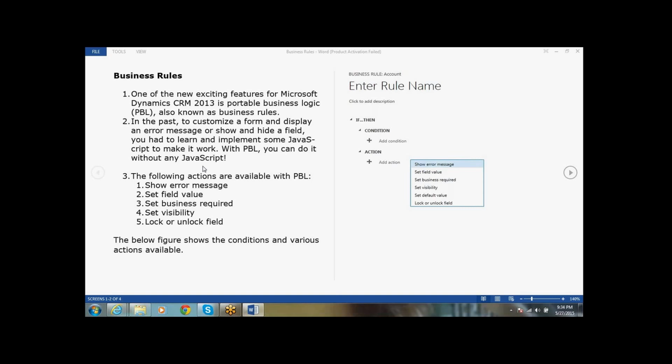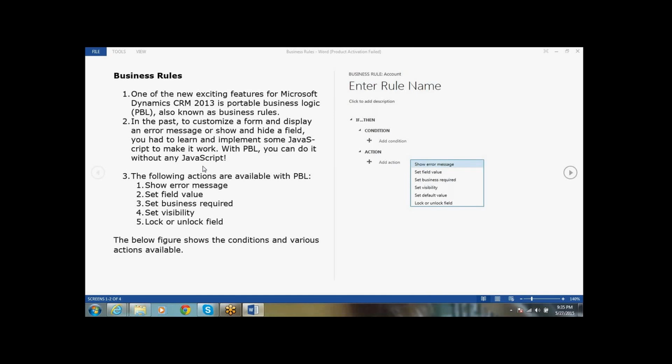For example, you may want to hide a particular field on the form, show an error message, or make a certain field mandatory. For this kind of functionality, earlier we were writing JavaScript methods. Now, from CRM 2013 onwards, we have a feature like business rules.